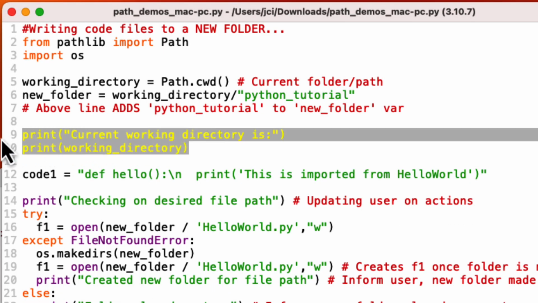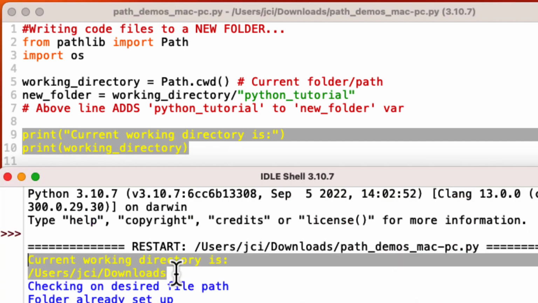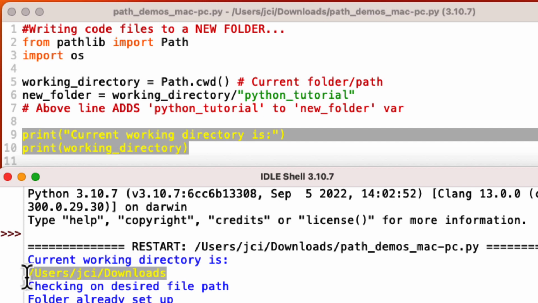And for completeness, just to show when this code runs then, here is the output of lines 9 and 10 down here. And you can see that it says current working directory is, just as line 9 indicates it should print. And then line 10, the output is this,